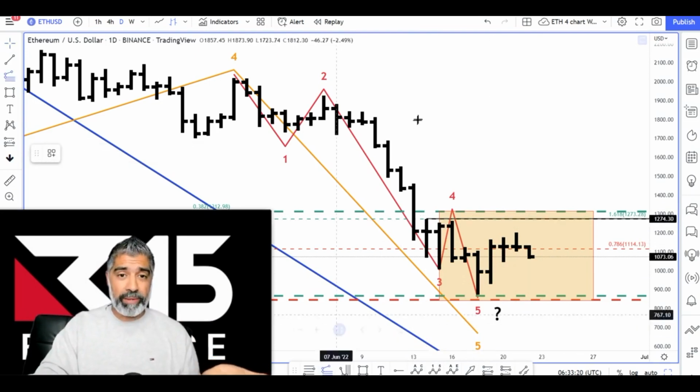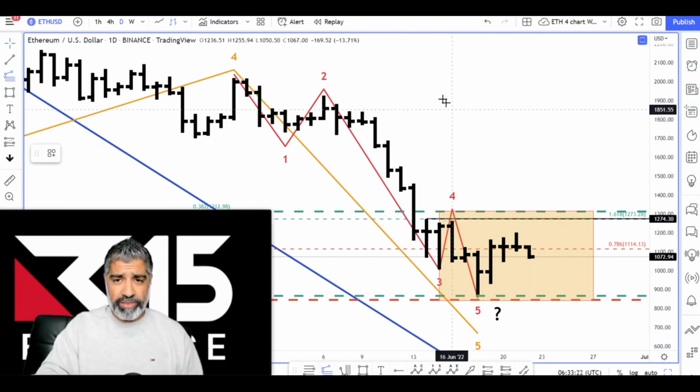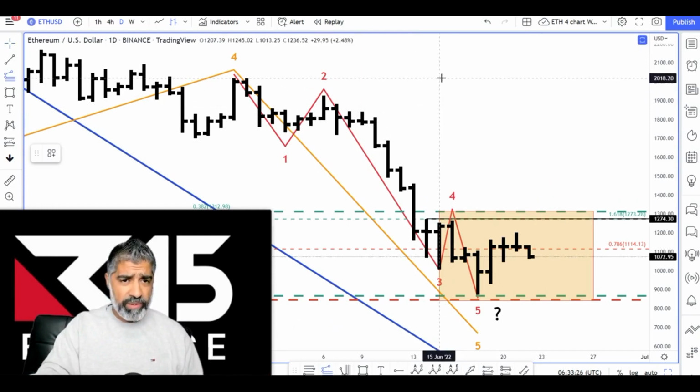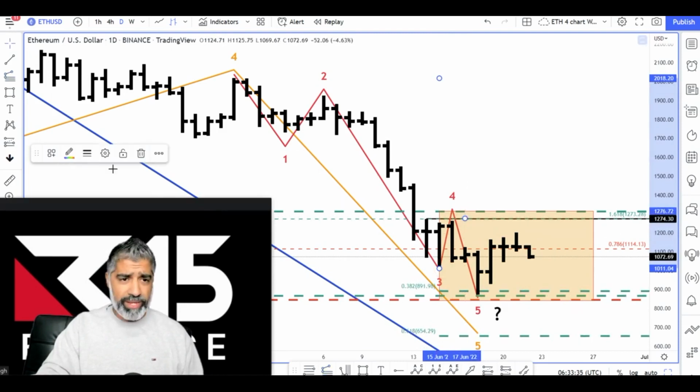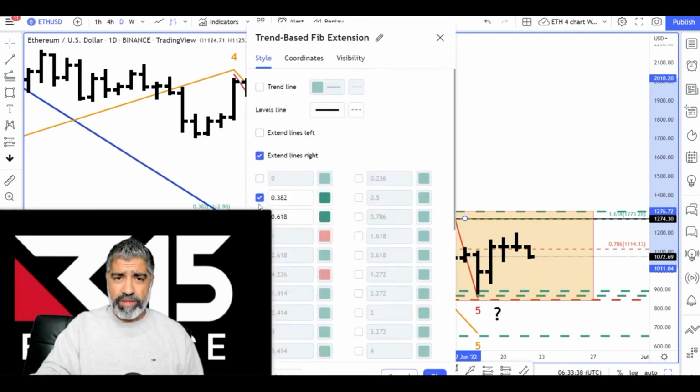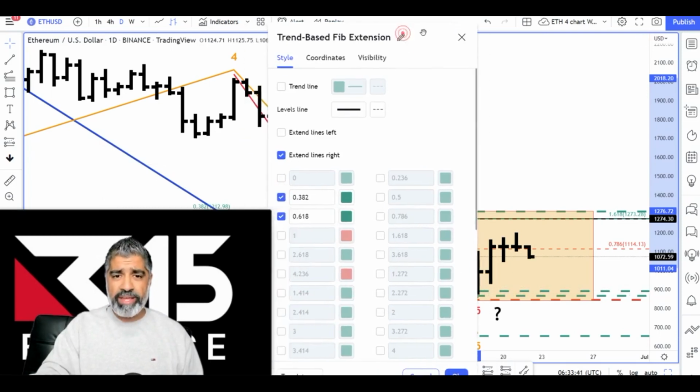We're going to do the same thing, but on the red rather than on the amber. We're going to measure the red beginning of wave 1, take it to the end of wave 3, and project it from the top of this wave 4 extreme. And we can see that the 38.2 is literally tagging that low over there, and the 62% is down here, which is not as relevant, so we can get rid of that.